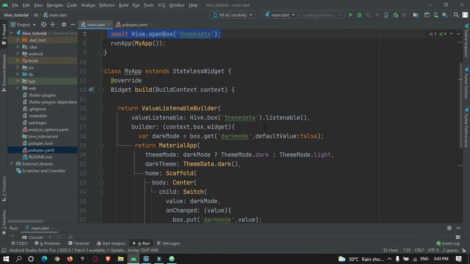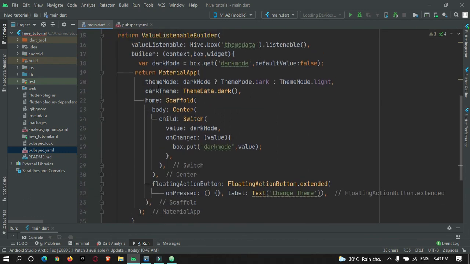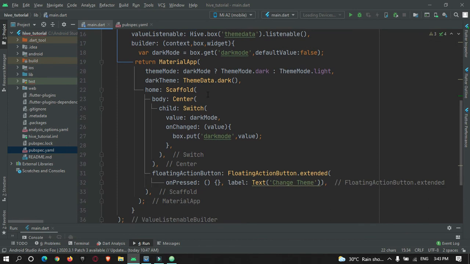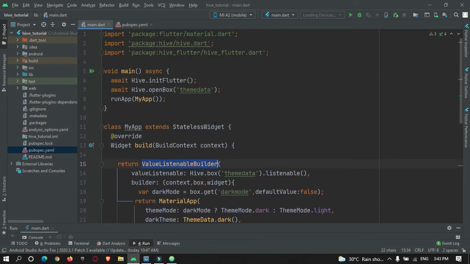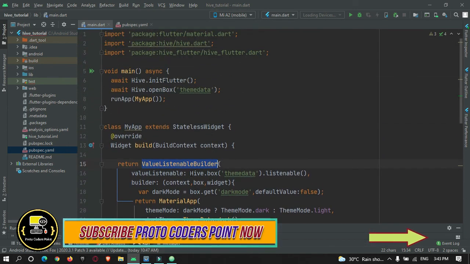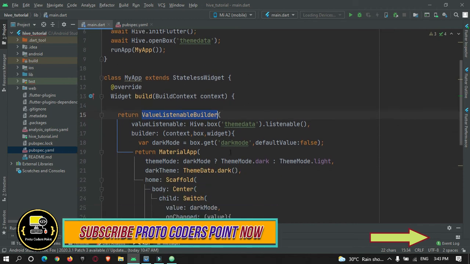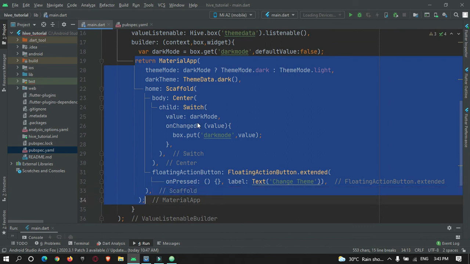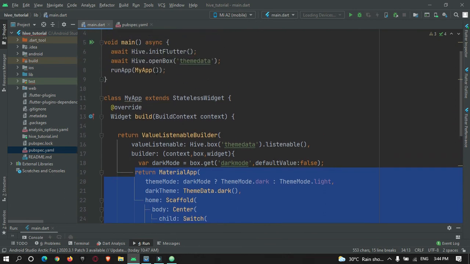Okay, and here I am making use of value listenable builder, so that any changes made in this database will get listened to by this value listenable, and the data will get updated, meaning this whole material app will get updated as soon as we insert any new data in this box.